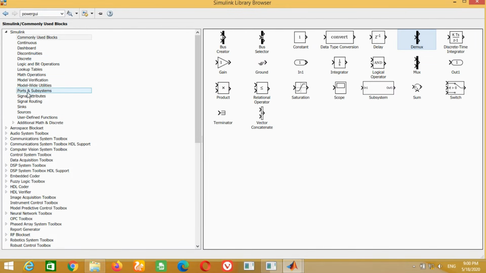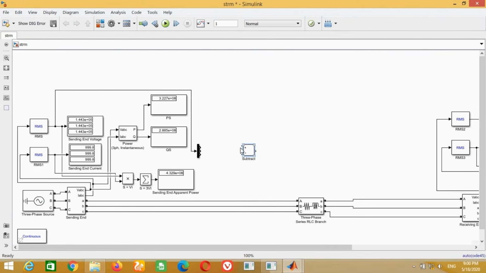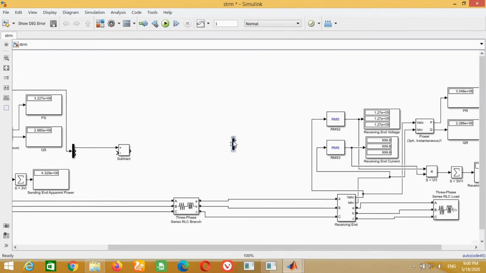Now we need a subtract block. Put the same demultiplexer block with the receiving end voltage. Now connect both sending end and receiving end voltage measurements with the subtraction block.